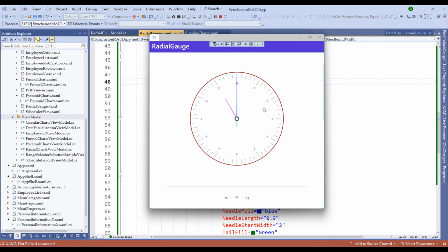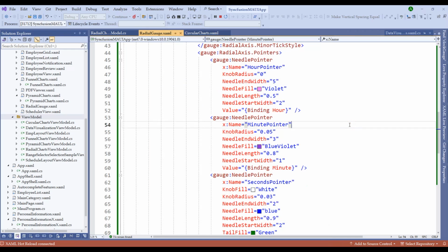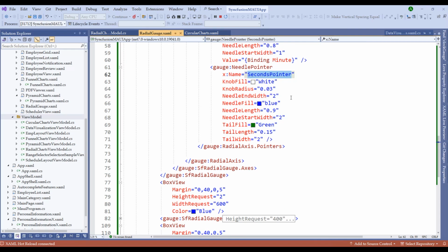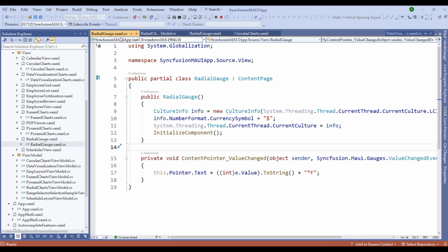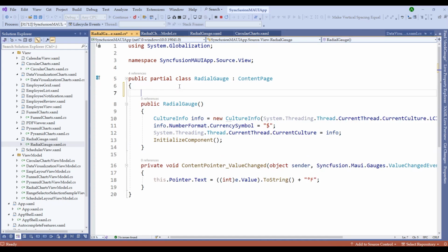In order to make it work, we need to add the X name as the seconds pointer, which we have done that, and we need to start ticking the seconds pointer. Let me show you how to do that. Let me switch back to the radialgauge.xaml C# file, and within that, let me add a couple of properties called